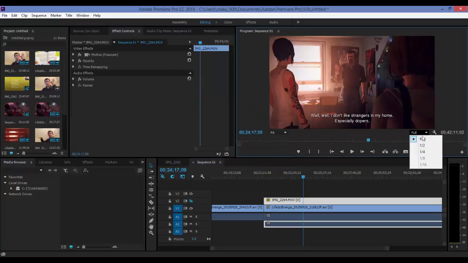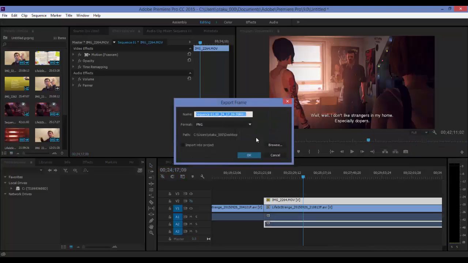and also make sure that your preview is in full resolution. When you're editing, you can have it at half or fourth, and that won't affect your final product, but if you export a frame, I have learned, it will export the frame at half the size. So if you export the frame, you name it,